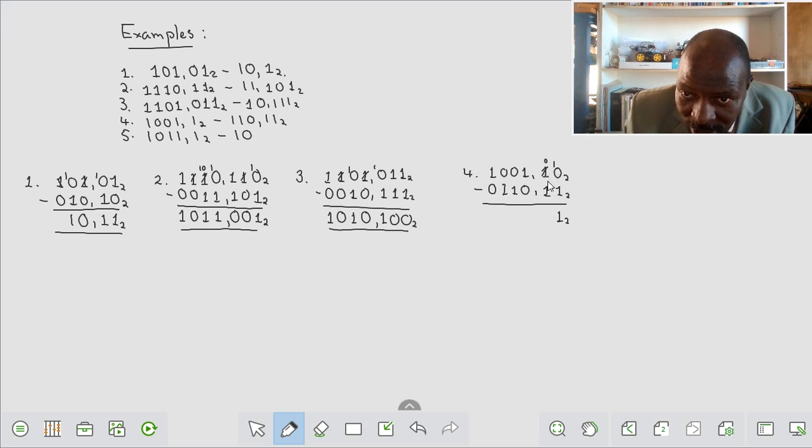Now I have a 0 there. I can't take out 1, so I come and borrow here. This remains 0. And then what happens here? I brought a 1 set of 2. This makes this 1, 0. This becomes 2. 2 minus 1 is a 1, comma, 0 minus 0. We are happy. Then